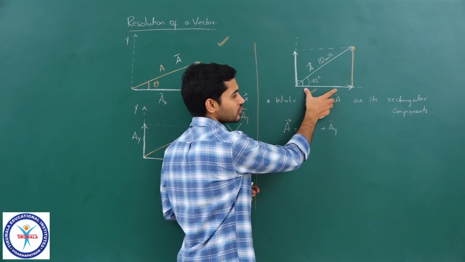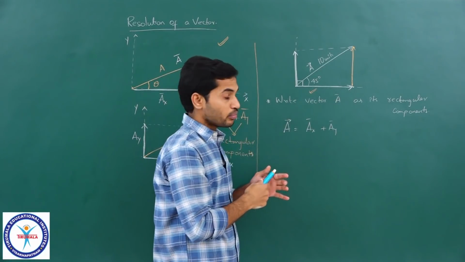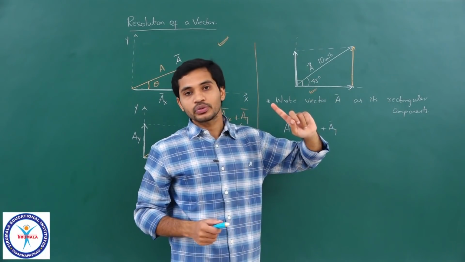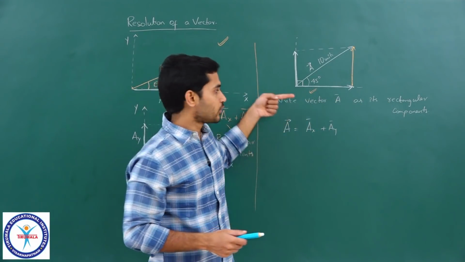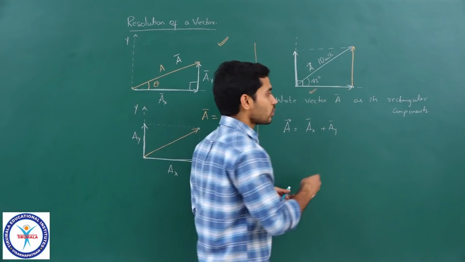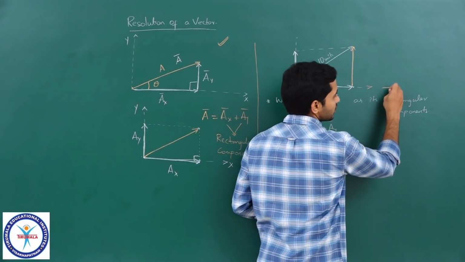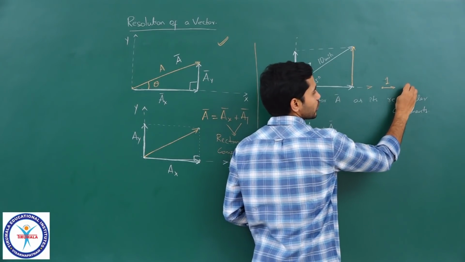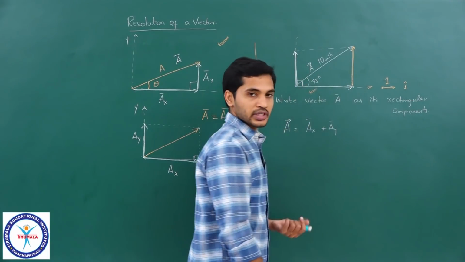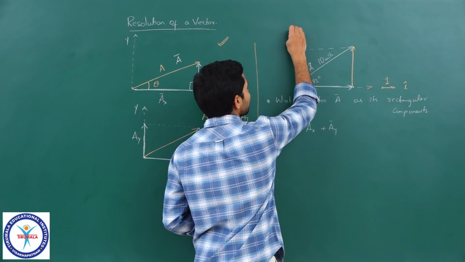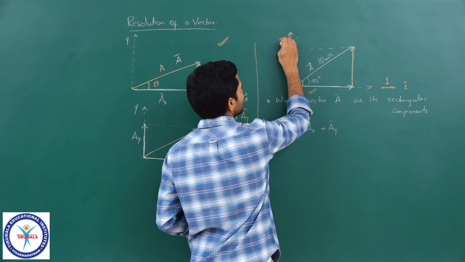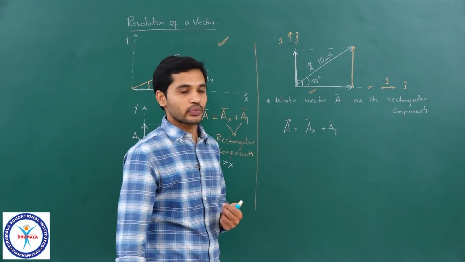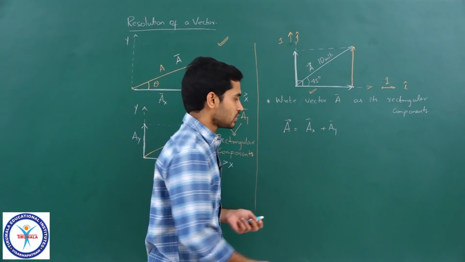If I know the magnitude of this vector, I can easily write that vector, because I know this direction, I know the unit vector in this direction. I have told you during the first class that a unit vector in this direction is represented with I cap. So, if there is a vector of magnitude 1 in this direction, we represent it as I cap, correct. And similarly, a vector which is in this direction having a magnitude of 1 is represented as j cap, correct. So, I will use the help of those unit vectors to write this down, clear. So, let us do that.